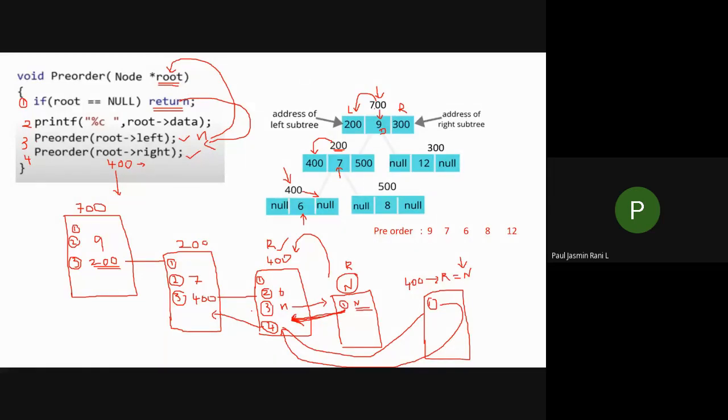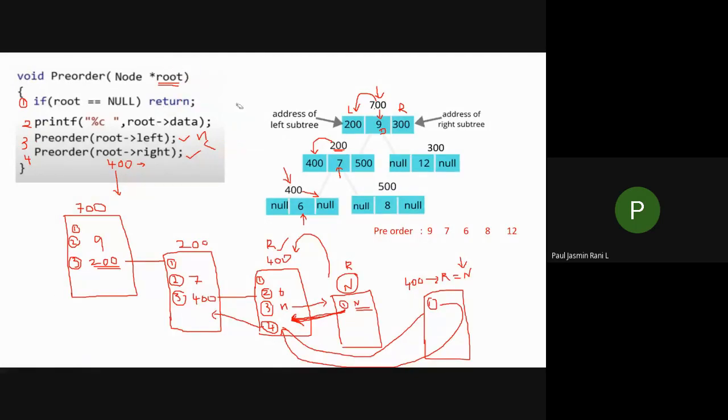Now after executing the 4th statement, I'm back to this part, because in this part statements 1, 2, 3 have already been executed. Now when I return over here, what will be the root address of this one now?